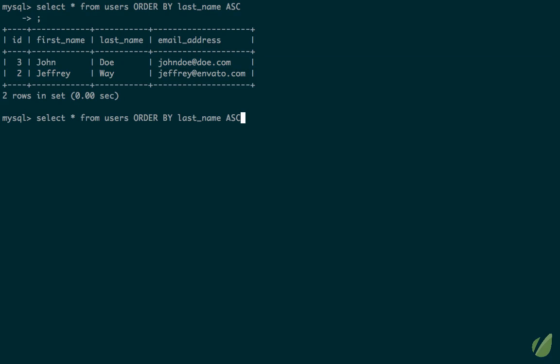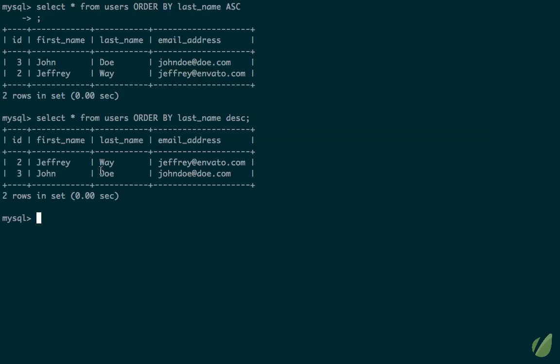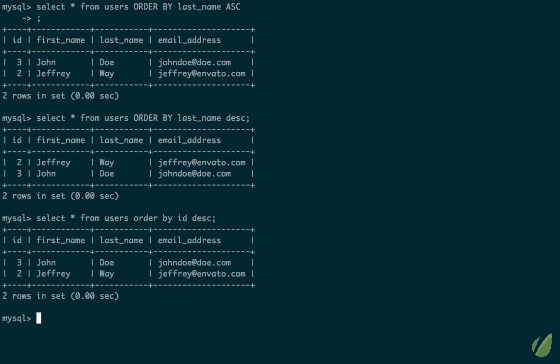And we can prove this because if we go back and we run it in descending order, now we get Way first and then Doe. So if you're working along, why don't you see if you can run this same command, but order it by the ID in descending order. If you can, pause and try to do that on your own. Now we'll do it together. In that case, we would do select star from users, order by ID, and we'll do it in descending order. Run it, and now we have 3, then 2,